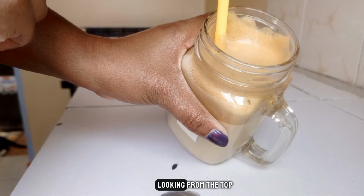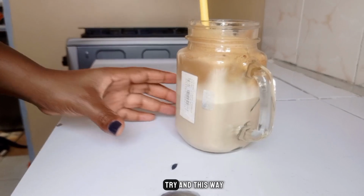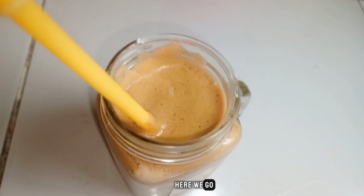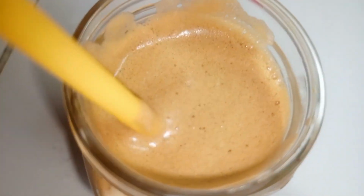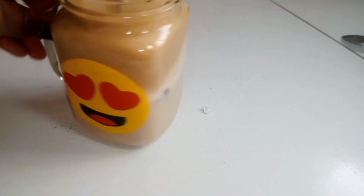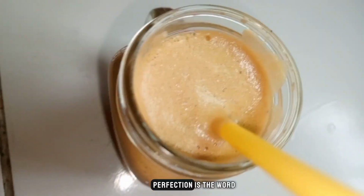This is how it's looking from the top. Very creamy. Let me try and do it this way. Here we go. It actually looks really good. As you can see, it has different layers. You just have to keep stirring as you go. But other than that, perfection